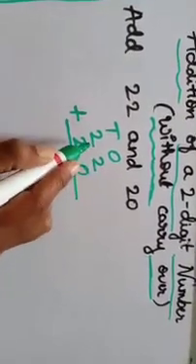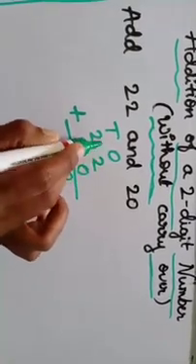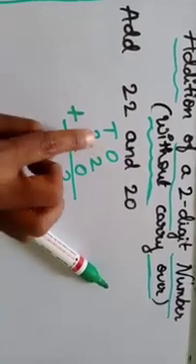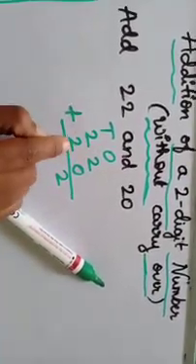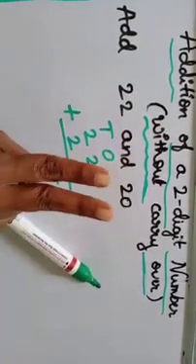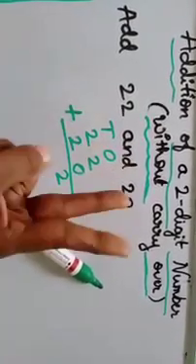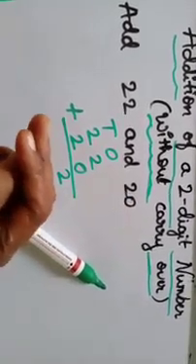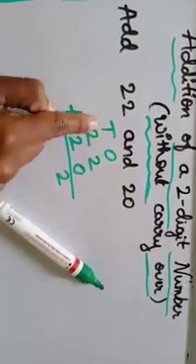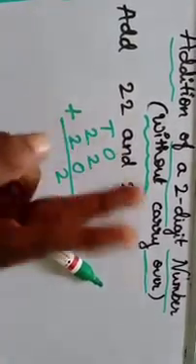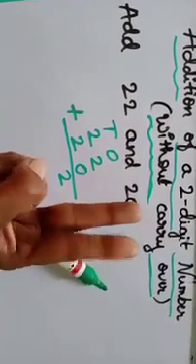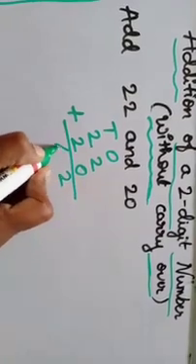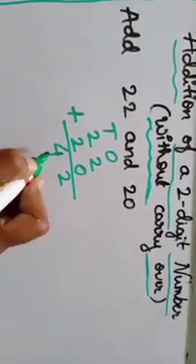Same number. The next one, let's move to the tens place, that is 2 plus 2. So again it is the same number. One 2 we keep in the mind and one more 2 we keep in the hand. So 2 in the mind, 2 in the hand. 2 after 3, 4. So what did we get as the answer? 4. Let's write here the number, that is 42.